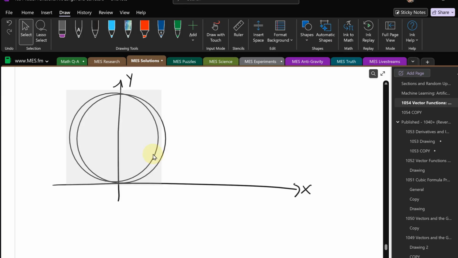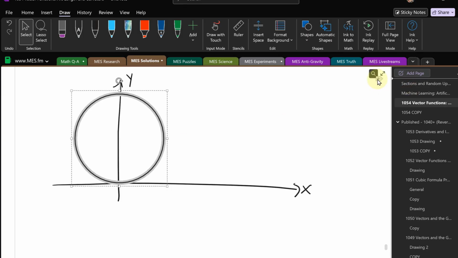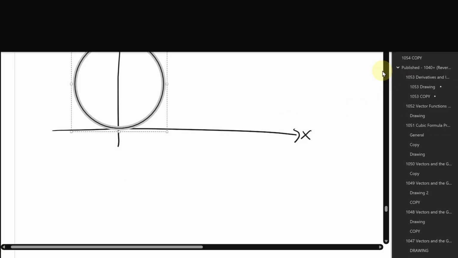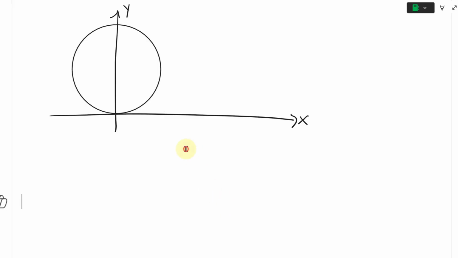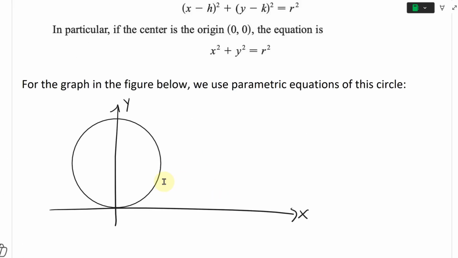All right, so a nice looking circle like that. And because, again, the calculus book didn't draw it, we can't just use theirs. So there's our circle, and it's going to be starting at this top part. The radius is 1 over 2, so 1/2 like that. To get the parametric equations, we're going to basically shift the origin up